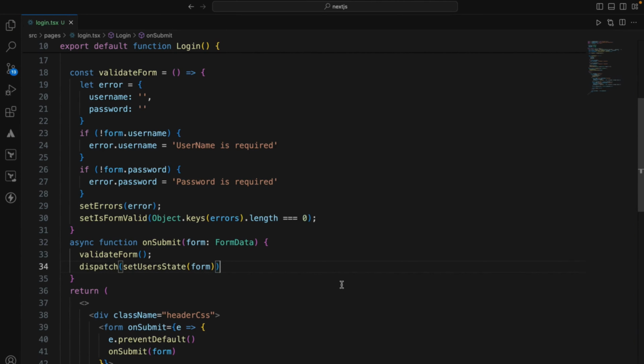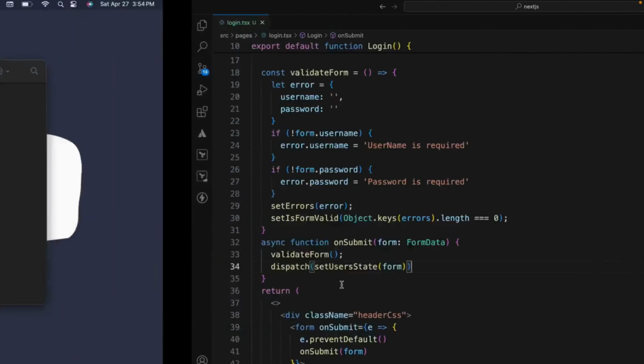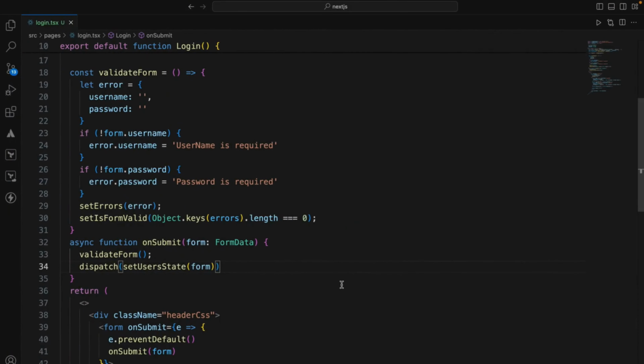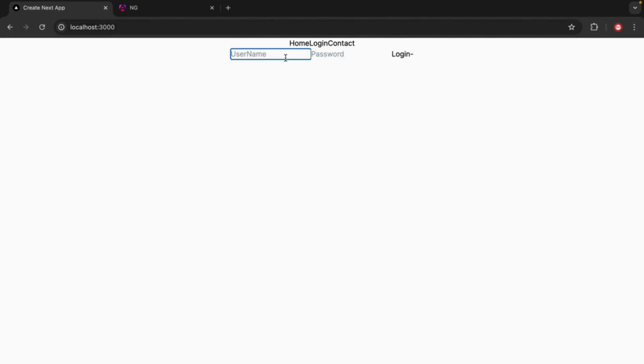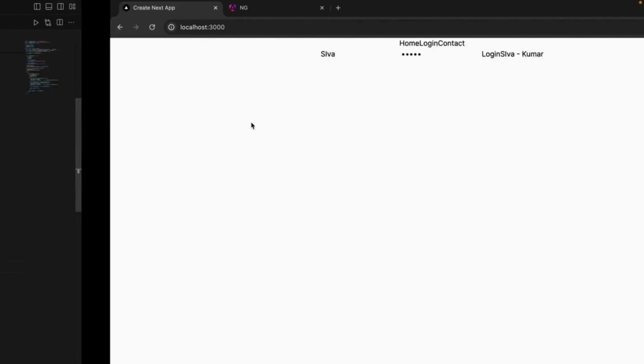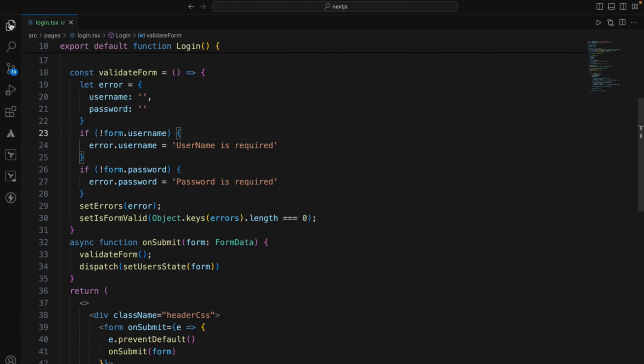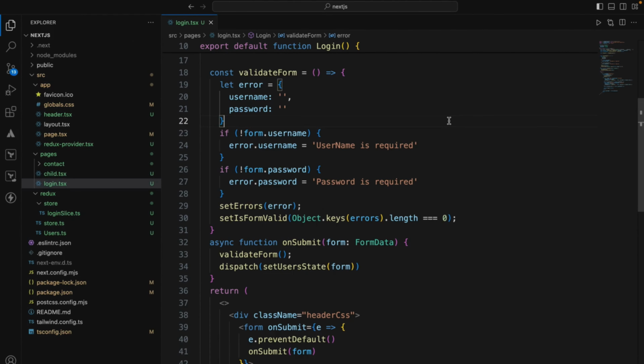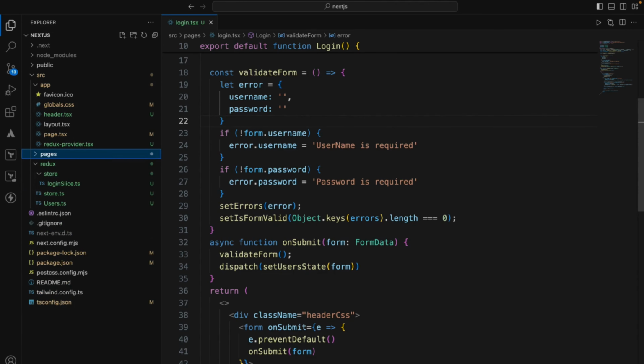Okay, also, now let's see whether it is working. So we are simply dispatching it, we are not getting it back to show it. Okay, right now it is not visible. Okay, now let's get the data and display it. So for that reason I'll just create one more page called maybe a display or something,